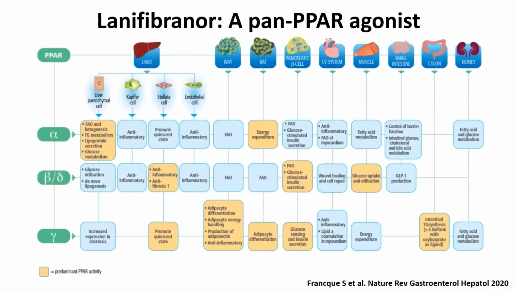So the last drug I want to discuss today is lanifibranor. This is what we call a PPAR agonist. You guys know that PPAR alpha agonists include fibrate medications, so they lower your triglycerides. PPAR gamma agonists include the glitazone medications, so they're insulin sensitizers and they affect adipose tissue metabolism. And then there's a PPAR delta that is expressed in the liver and decreases liver inflammation and potentially fibrosis. So lanifibranor is a pan-PPAR agonist. So it's a PPAR alpha, delta, gamma agonist.